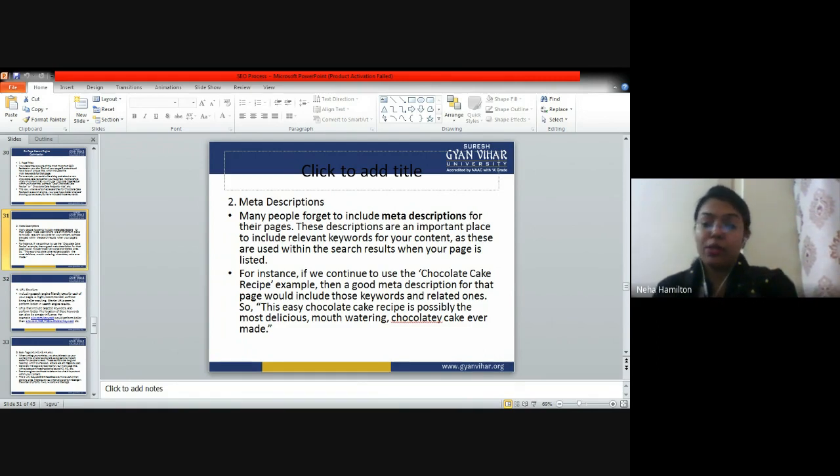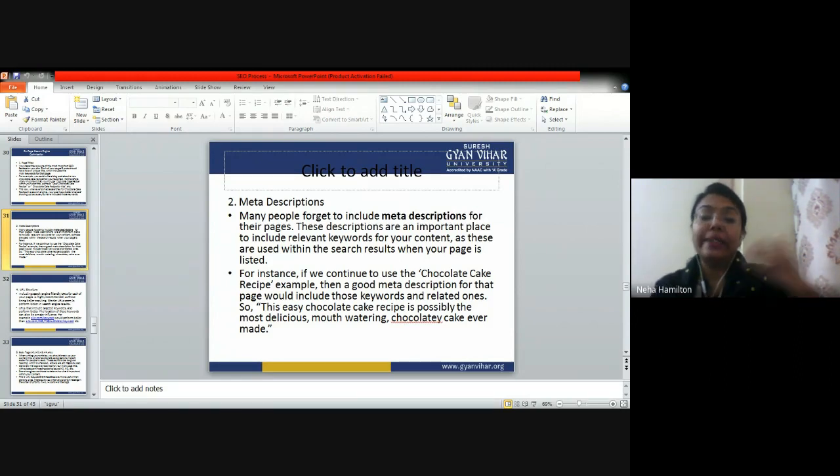You are not a programmer, you do not have technical knowledge of how to write code, right? So you are going to take help from that programmer. You are going to guide him: look, this should be the title of the page. Make changes in the programming, and this is what the title of the page should look like. This is what should appear in the meta description, because all these things are embedded in programming. You have to specify what the title of the page and the meta description should be in the programming, right?